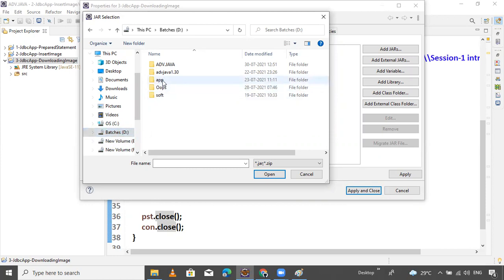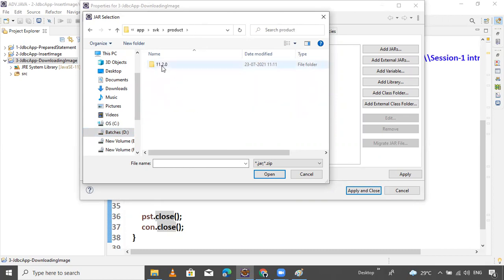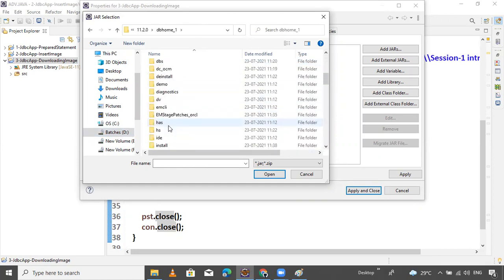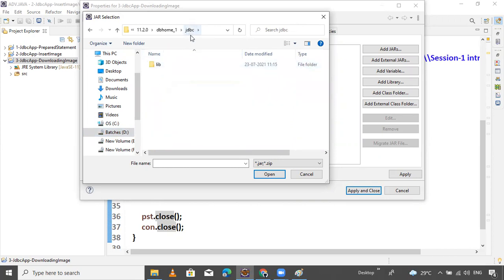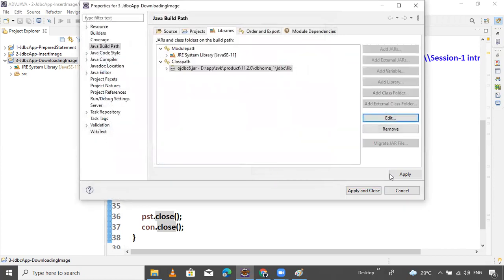So go to the D drive, app, product, 11.2, then the JDBC folder. Open lib, select one jar file, ojdbc6.jar. These other jars are not required. Select open, apply and close.